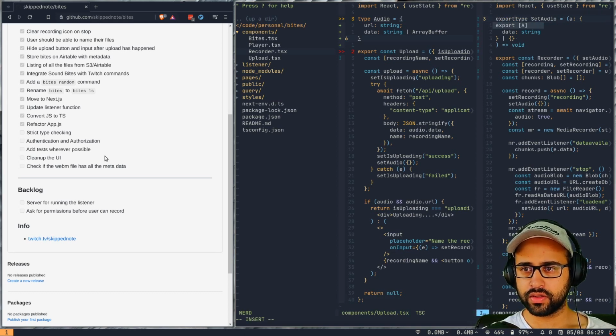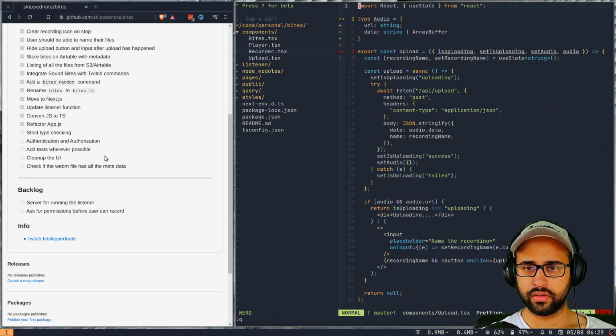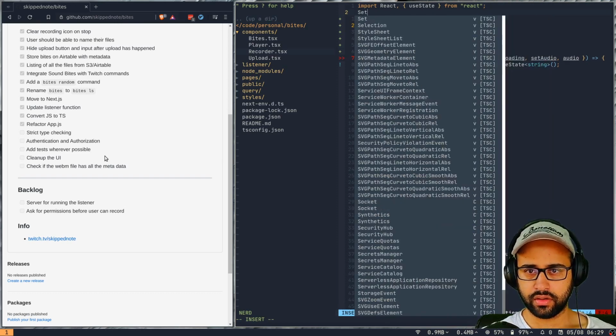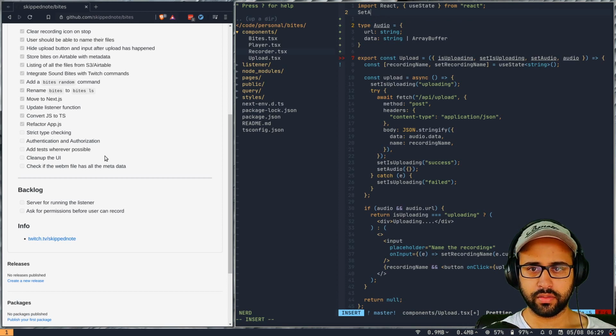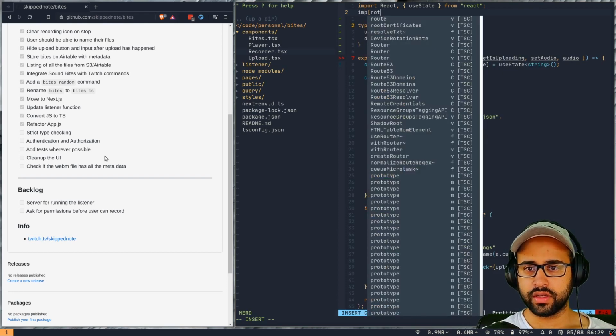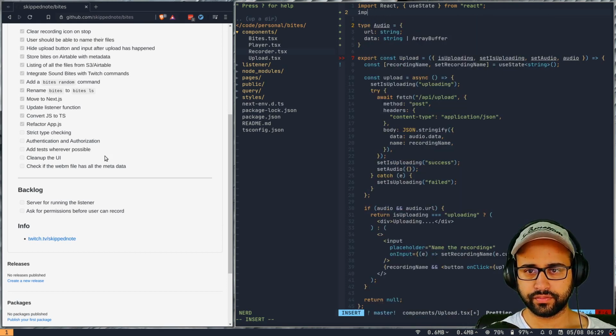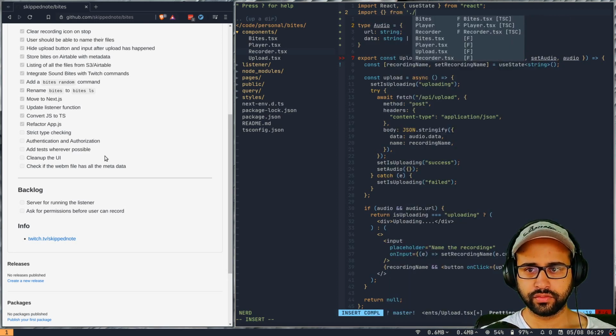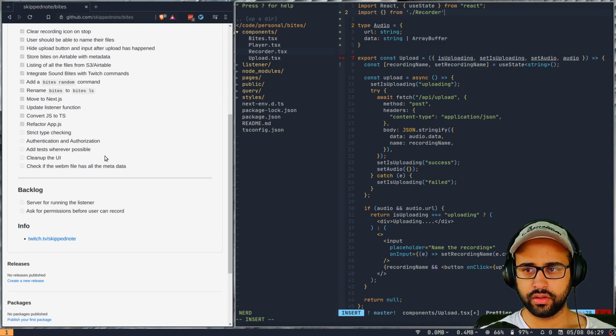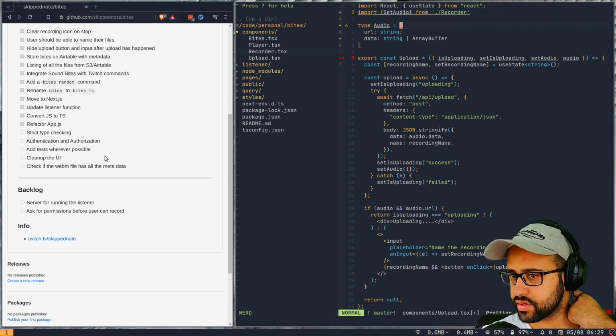I can probably just do an export and then set audio, right? Doesn't import automatically. Okay, so we'll say import from recorder, right? So from this we want to import set audio. So we have that interface as well.